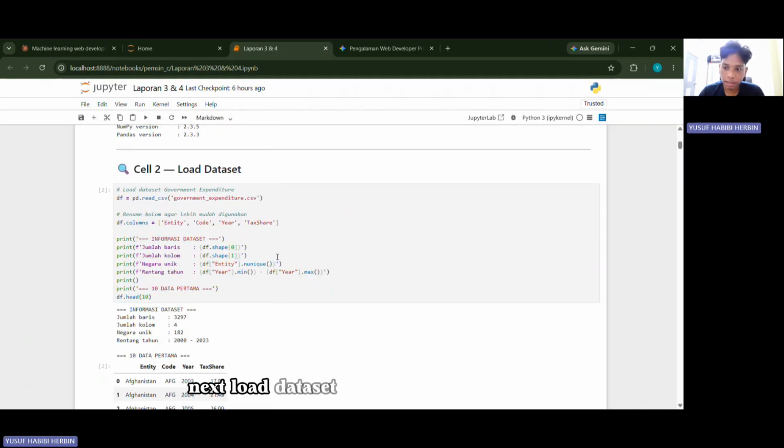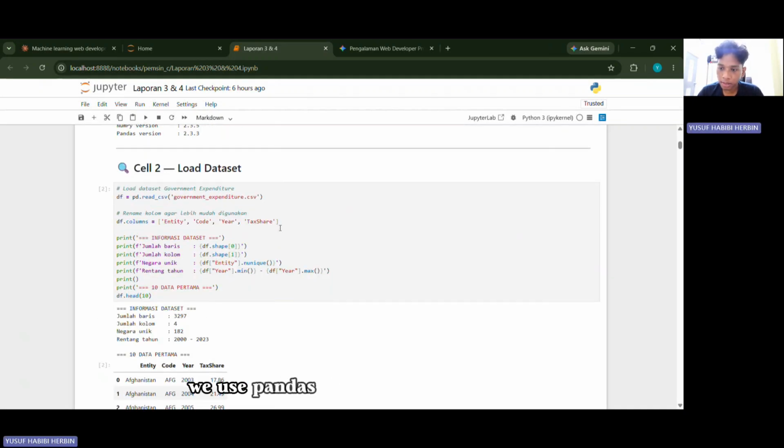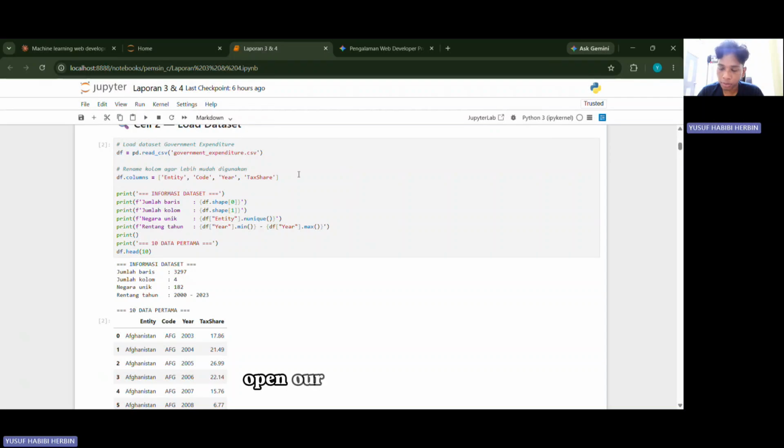Next, load dataset. We use Pandas to read CSV, open our CSV file, and load it into a data frame, which is basically a smart table in Python. After loading, we give each column a clear name so it's easier to read.